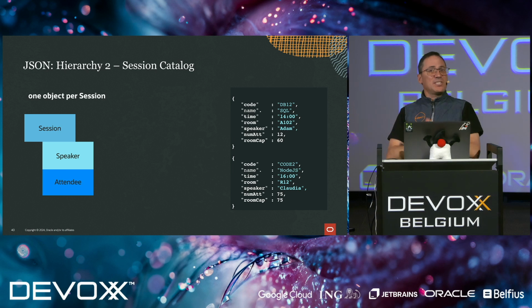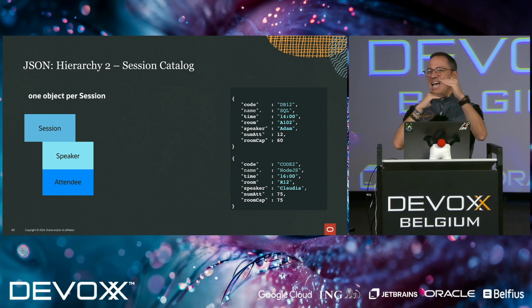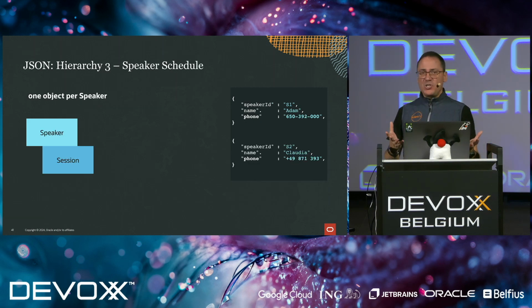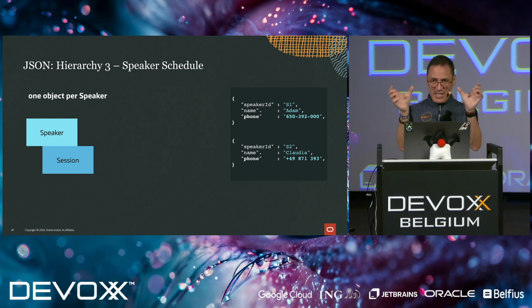Or we can have the session be the root of the document and have a speaker and attendee nested at the same level. So you can see that the speaker and attendee share properties within the same nested object. Or it could be just the speaker and the session. It's up to you. The advantage is that it's the same data as in the relational way, but in a different representation when we look at it the document way.